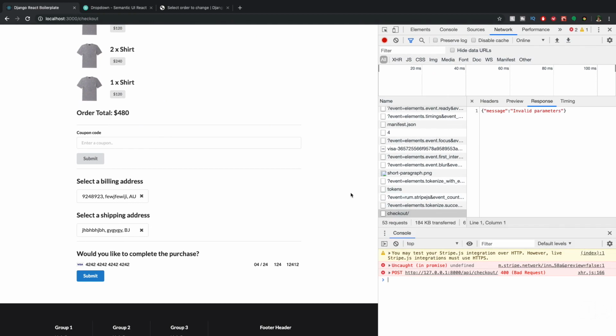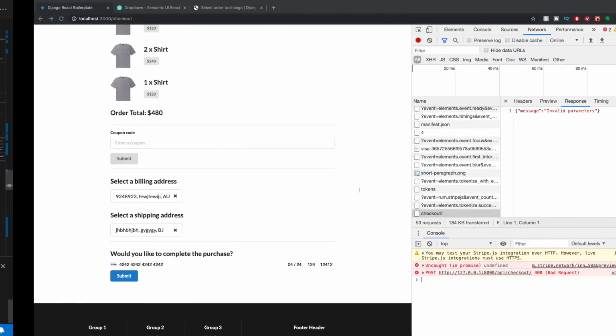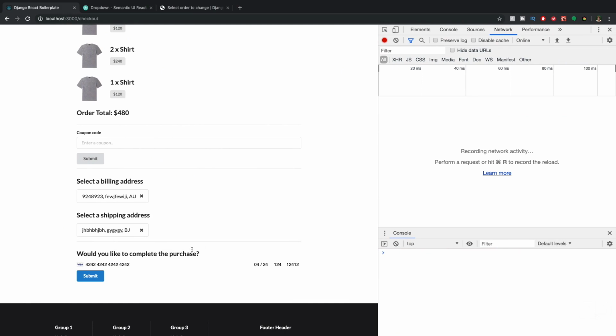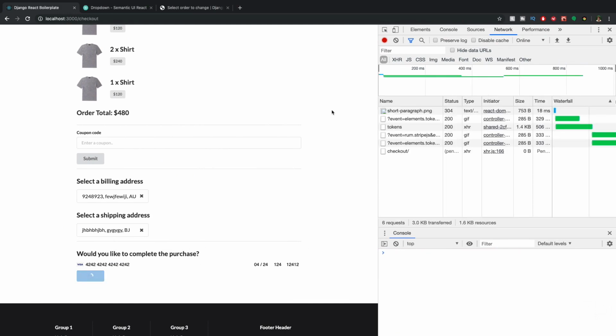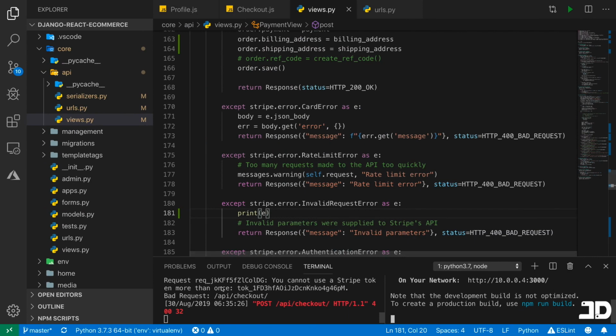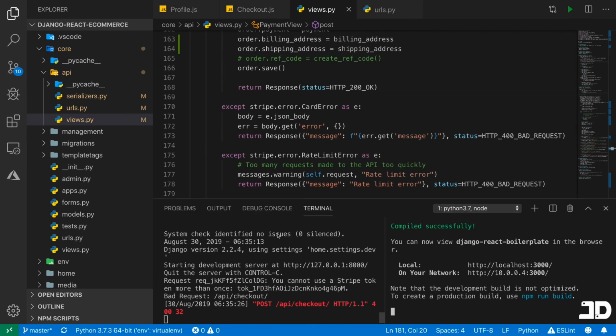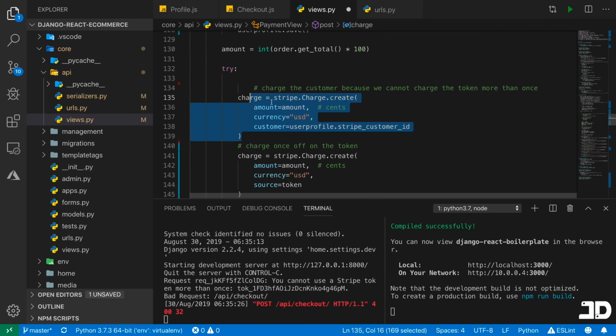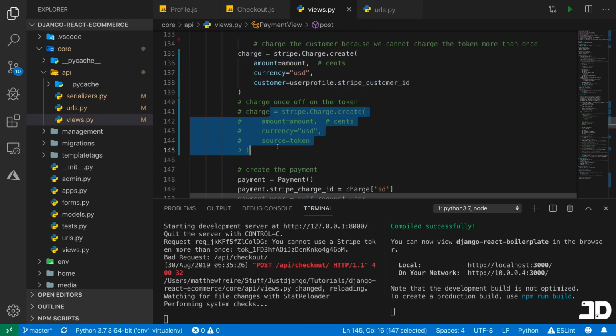Then we can just investigate that in the terminal there. So if we try this again and hit submit, and we come here, let's see, it says you cannot use a Stripe token more than once. So what I'm going to do is use this Stripe charge based on the customer instead, and we'll comment that